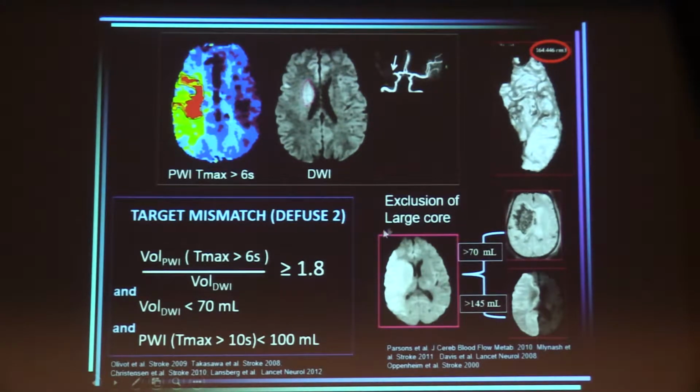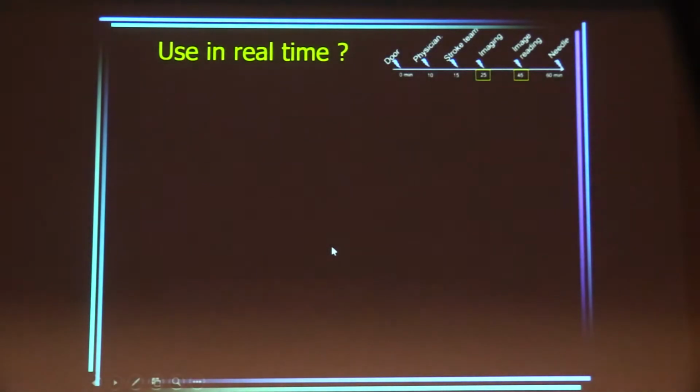The idea of excluding a patient with a large core is that some people believe this patient will evolve poorly irrespective of what you do, whether treated or not, and that the treatment might be futile. For example, these patients have a very high chance to bleed, or to evolve towards a malignant infarct, when they have a very large infarction to start with. This is a very hot topic, and my purpose is not to tell you that we should not treat patients with a large core infarct, but just to provide you some current ideas and hot topics.